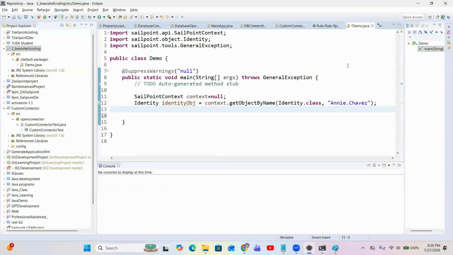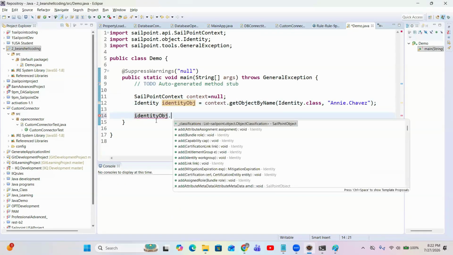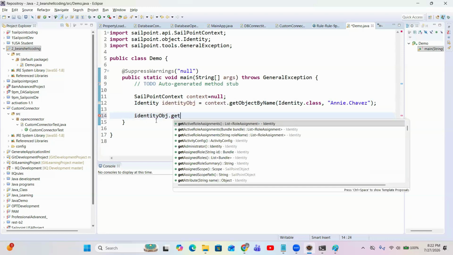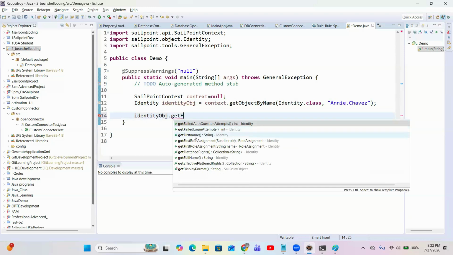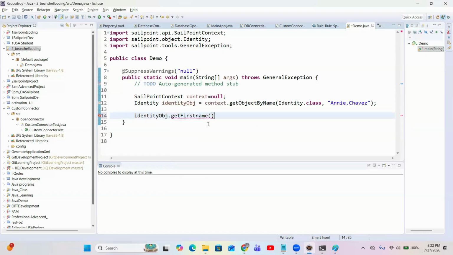Okay, are you able to follow me? So what I'm doing, identity at, I want to get the name, first name, those things. So first name is there. I want to get it. So now I'm adding,